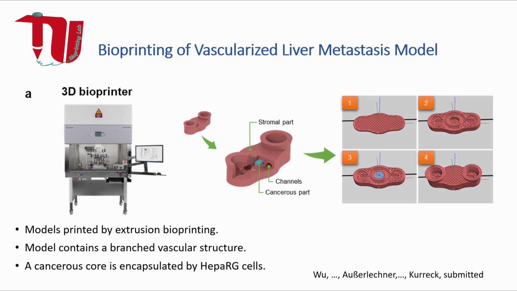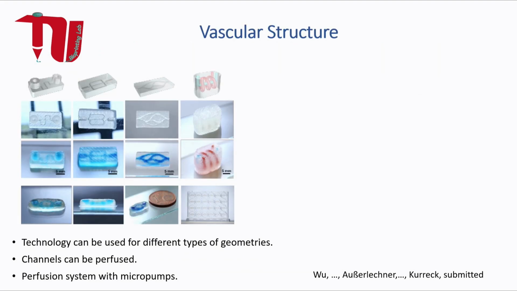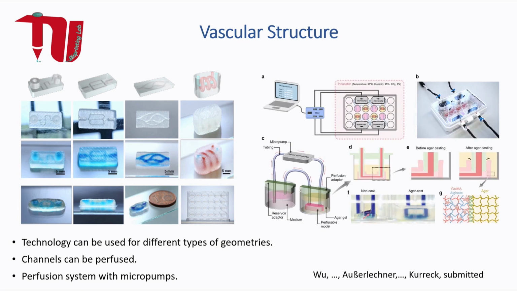And the blue part in the center is now a cancerous part, and the surrounding part is a healthy tissue, for example, liver tissue. So what we simulate here is the formation of metastasis in the liver. And then he produced different designs, like a single channel, a branch channel, or a more natural network. And he connected this to a perfusion system again. In this case, he used micropumps that he can include in the multivalve plate and introduce into